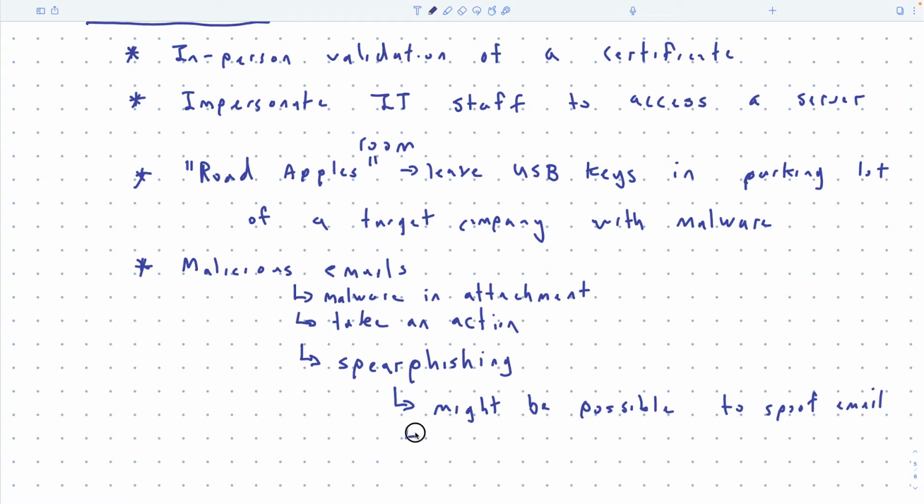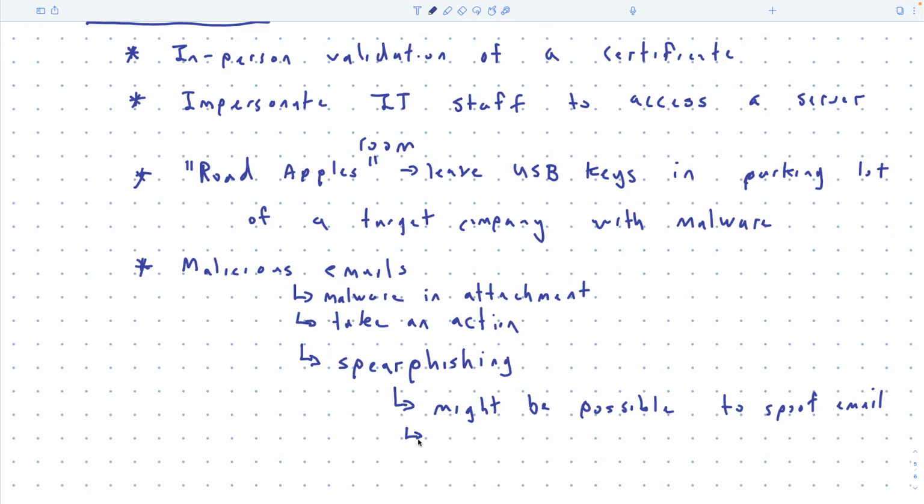But basically, a spear phishing email would be targeted exactly at you, and it would know a lot about you. It would know the kinds of people that you're interacting with. So, for example, if you're working at a company, it might CC in your colleagues, and they're the colleagues that would normally be CC'd on the email, right? There might be an attachment, like, say, an Excel file or something like that, and it would be relevant to your job. It would be exactly the kind of file that you would expect to receive over email from the person that's sending it to you with these exact people CC'd, okay? So that's called spear phishing.